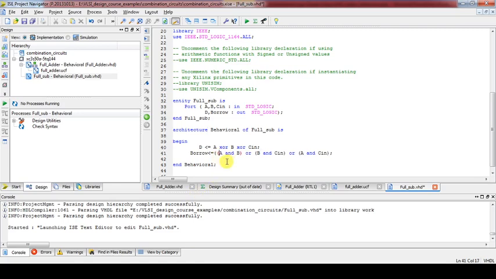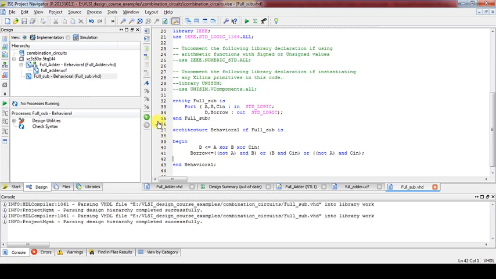We make not of A, give a space, then or B and C in, then not of A. It is better to give the precedence everywhere, to avoid misbehavior of the circuitry. Like this, our full subtractor design is ready.